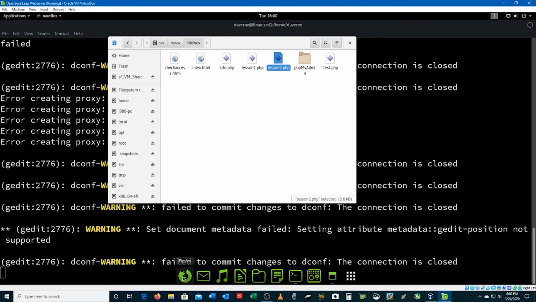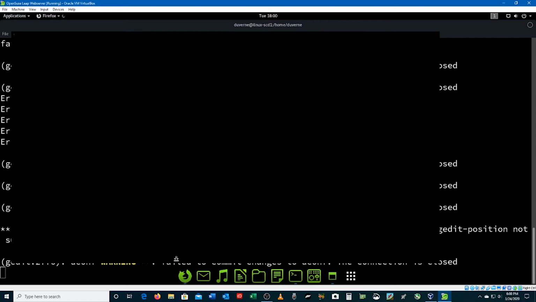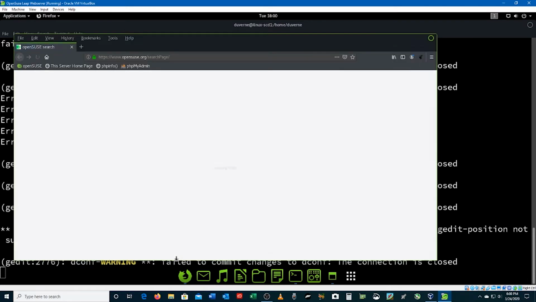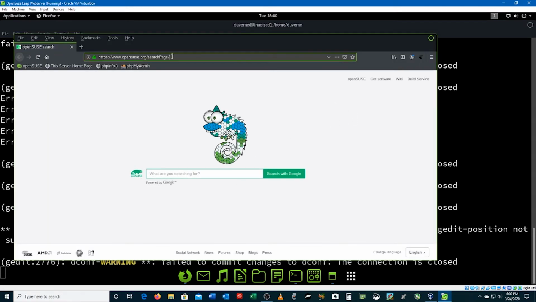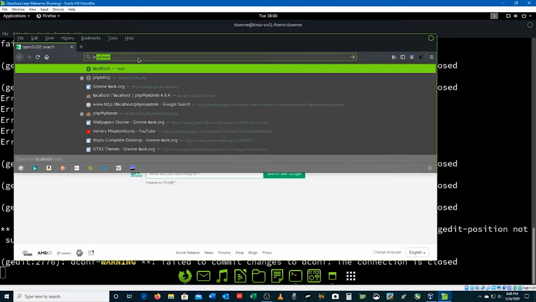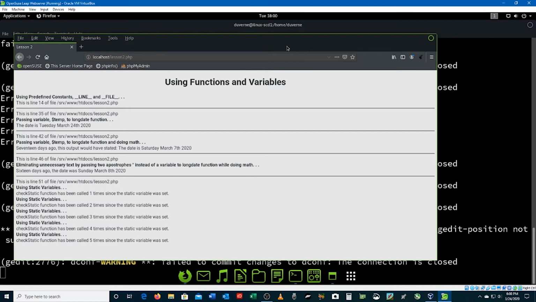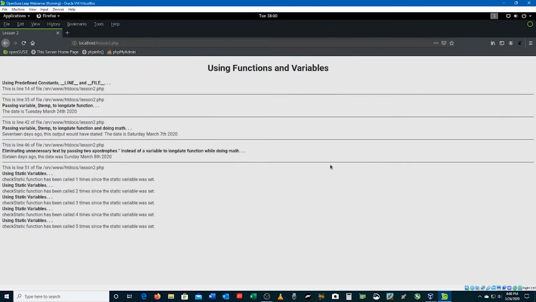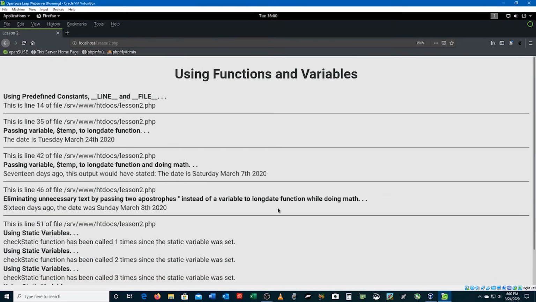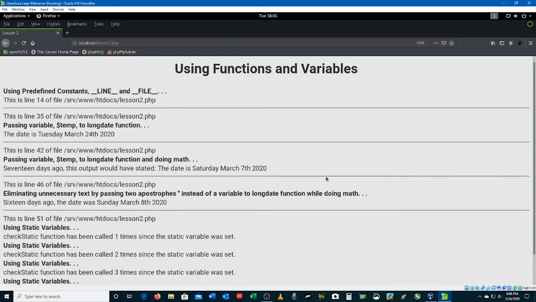then if we try this little deal again, I wish I had just minimized that, but that's alright. It is closed, and we'll type localhost, and then / it was lesson 2. All of a sudden, it works. How about that? And so let's see here. And so, yeah, now you see here,